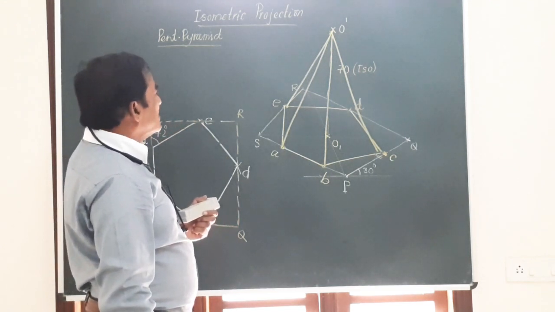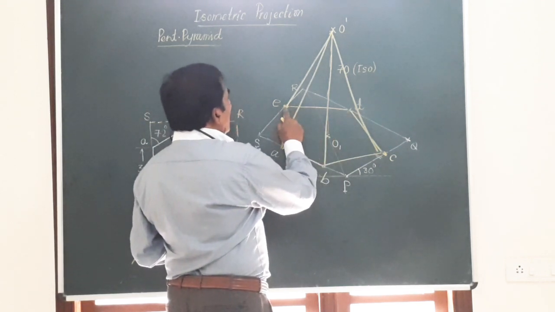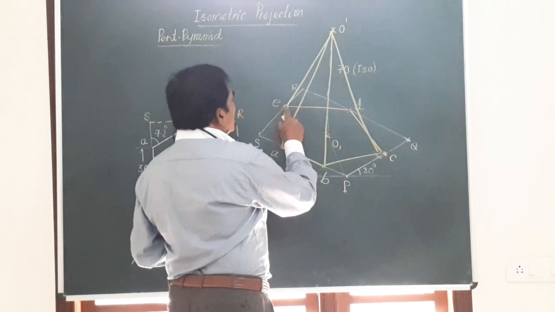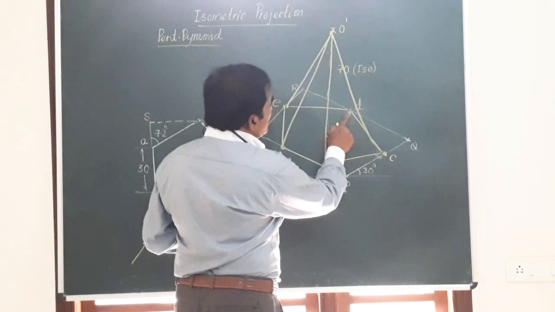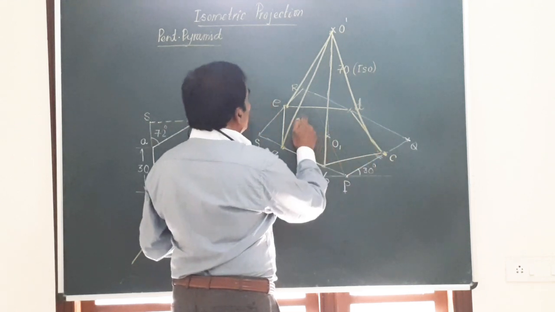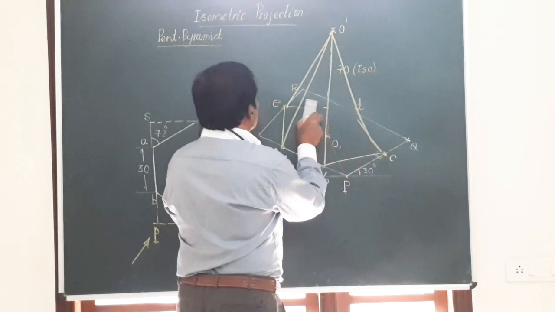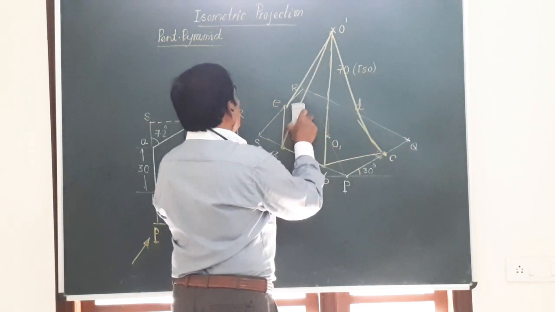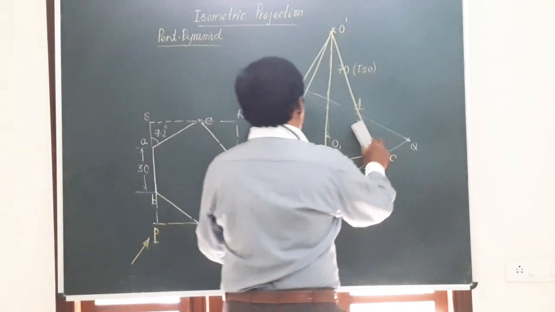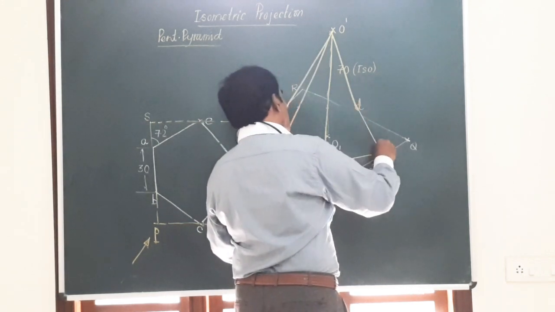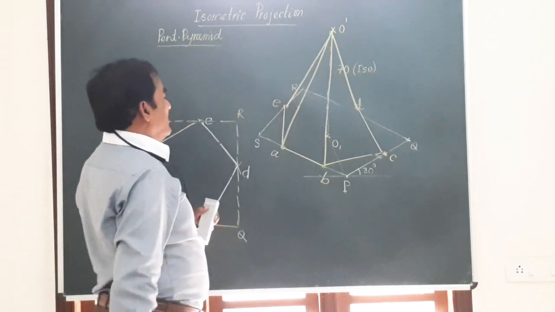And you can see very well in this figure, this corner D is not visible, and hence the edge connecting that is not visible, and also here you can see even this part is not visible. So here what I will do, I will just remove these. I remove this after the construction is over. And friends, this will give you the isometric projection of a pentagonal pyramid having side of base 30 mm and height equal to 70 mm.